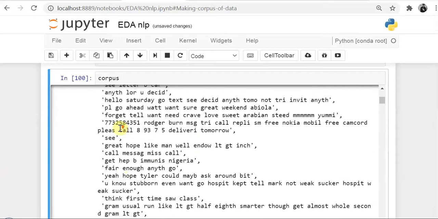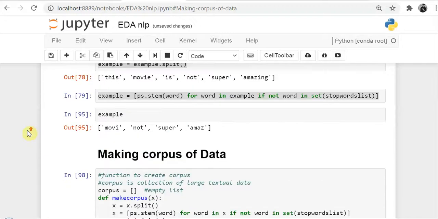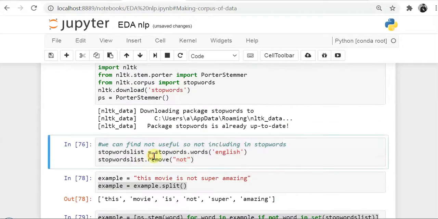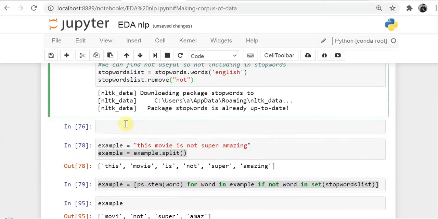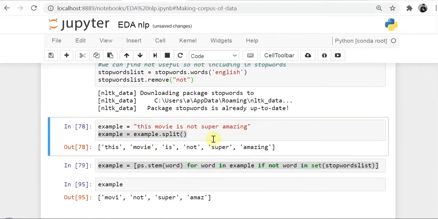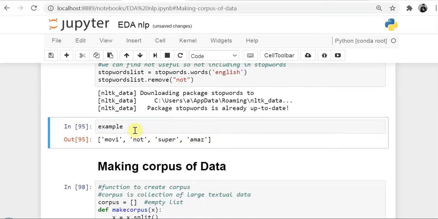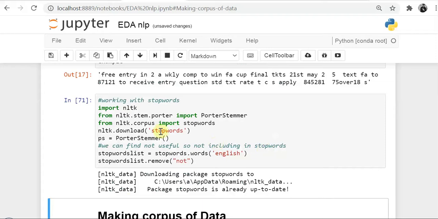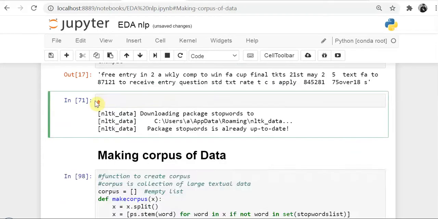Now we should decorate our project. So remove all these things which I have written here just to explain to you. This is actually important, so paste it here. Remove this cell, remove this example, remove this example, and cut it to the library portion.